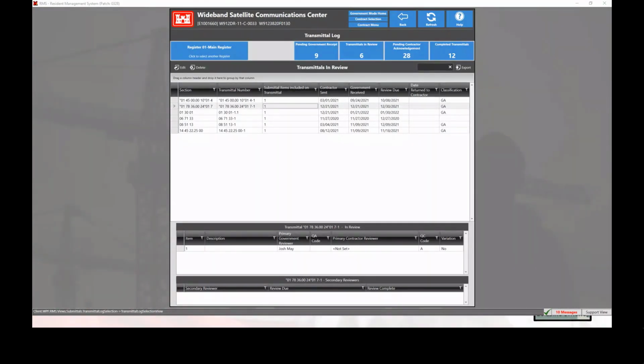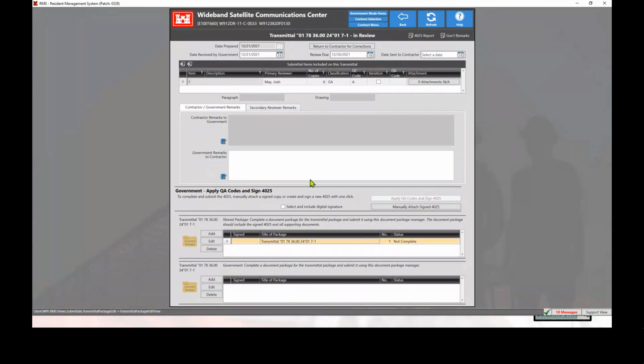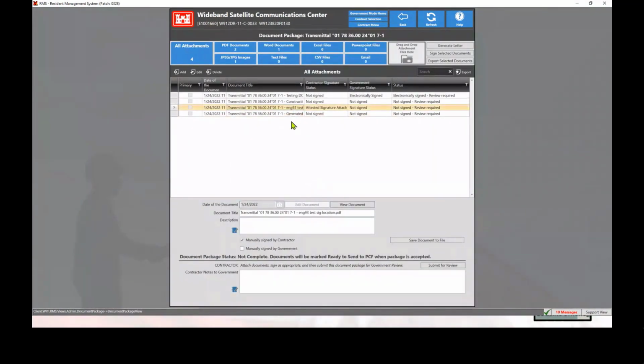You would not. So the reason for that checkbox, let me go ahead and go back into that. The reason for that checkbox is if the contractor either forgot or did not know that this checkbox needed to be checked. So you are not actually manually signing for the contractor. You can actually return this document package back to the contractor for corrections if